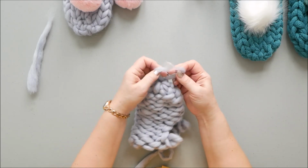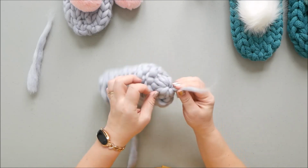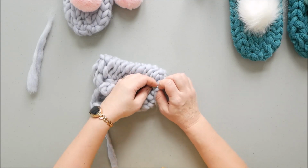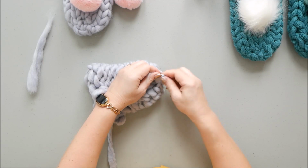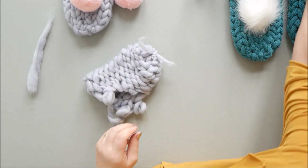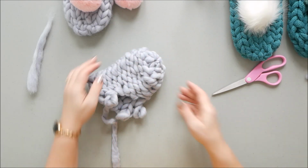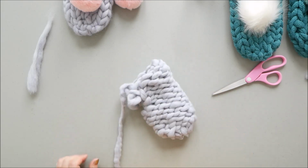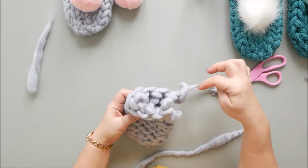And now I'm usually dividing the yarn in 2 and then connecting it to any stitch inside. Just go underneath and then make a little knot, secure it, and then you can take your scissors and cut the tails like that. So this is the top of the slipper. So what we do now, we need to connect this